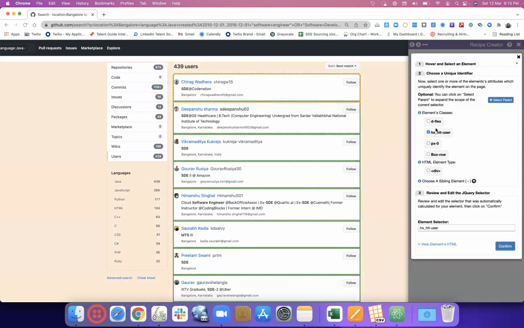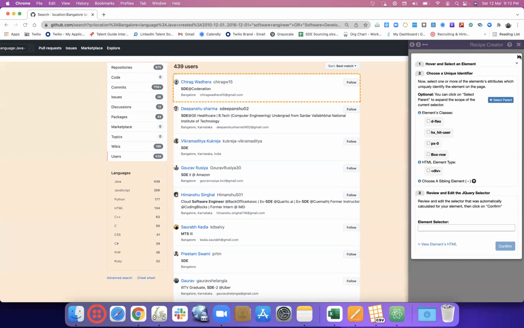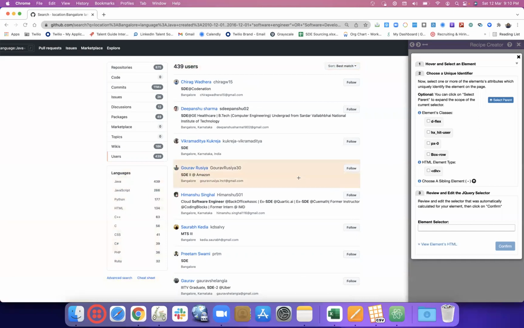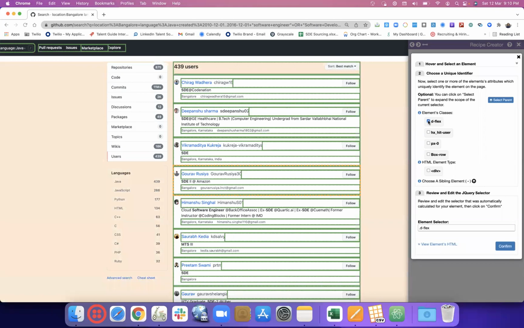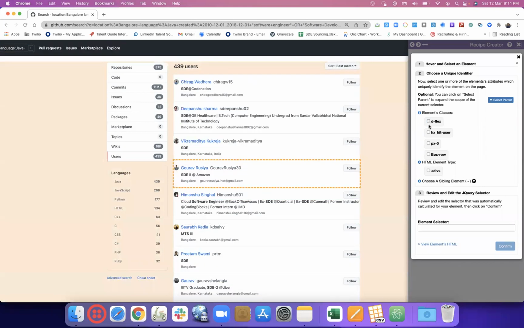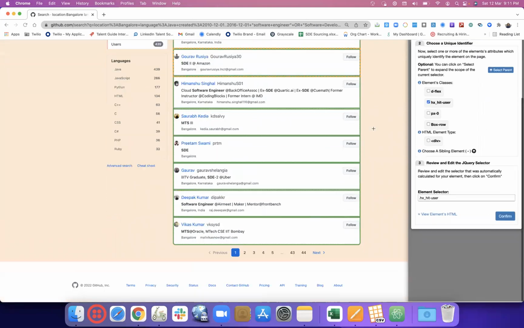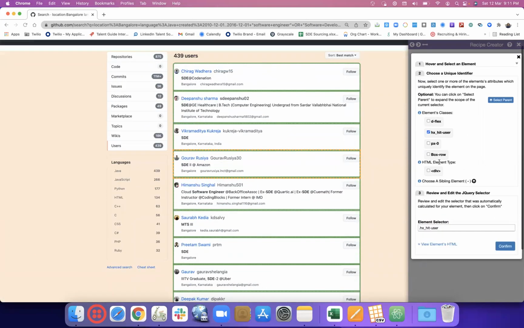It's not necessary that we select only the first box. If I just close this and come here again, you can even select the third box and then press Shift again. When it asks to confirm the element, if I click on this, it's selecting unwanted boxes. So we click here. Yes, this is selecting only the boxes which have relevant information. So we can select any.